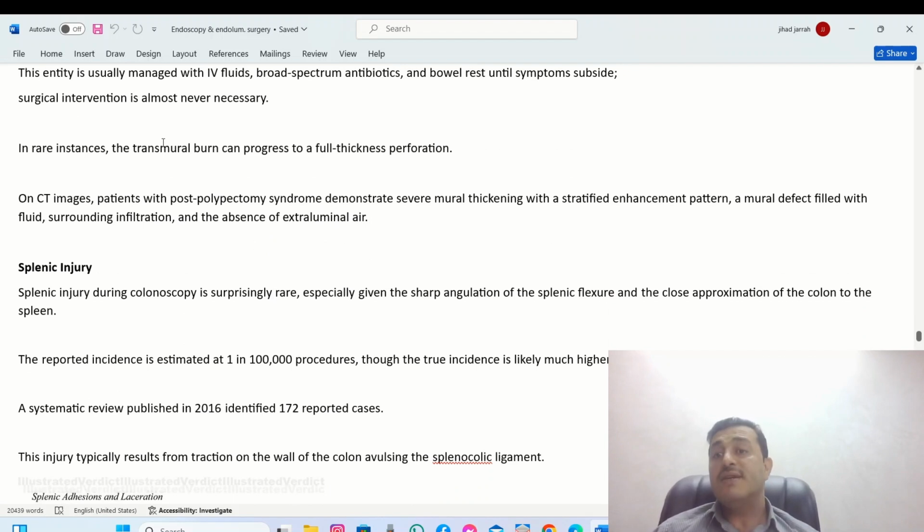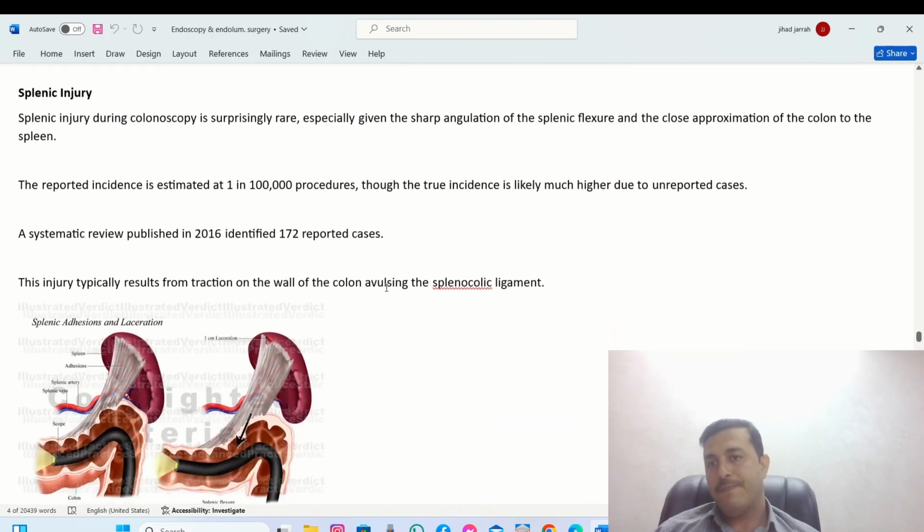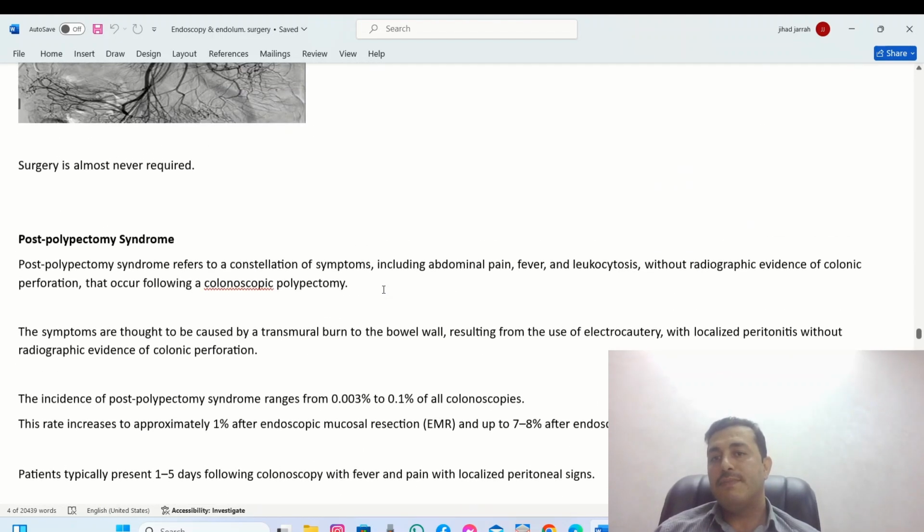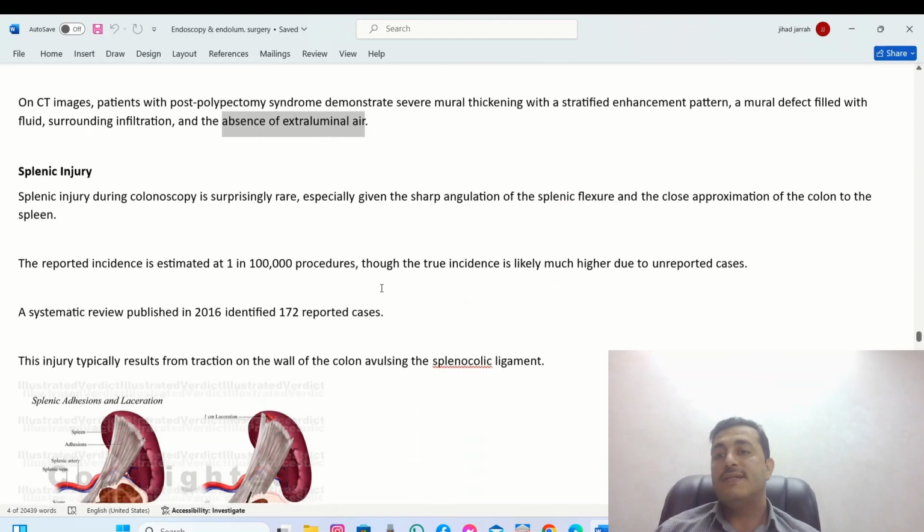Rarely, the transmural burn we talked about can progress to full thickness perforation. The CT features of post-polypectomy syndrome include mural thickening with an enhancement pattern, a mural defect filled with fluid, and inflammation in the absence of extraluminal air. Okay, this is post-polypectomy syndrome. Let's move to